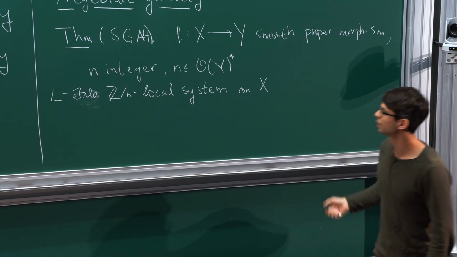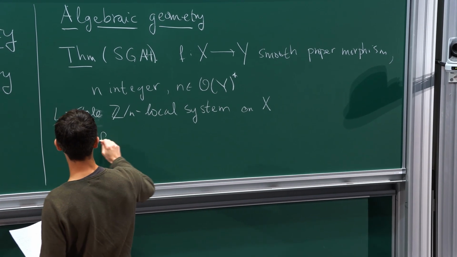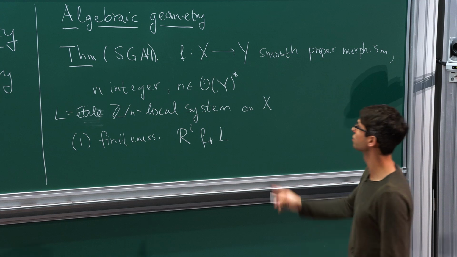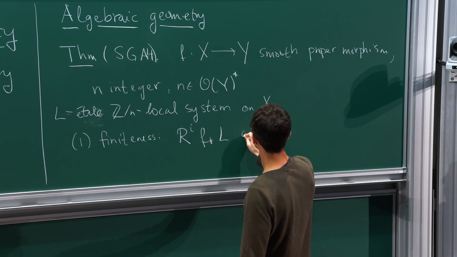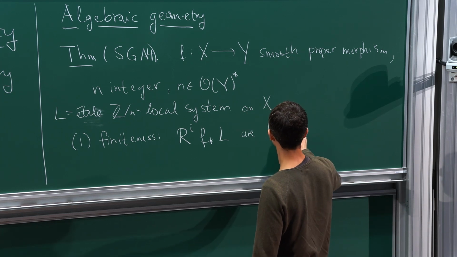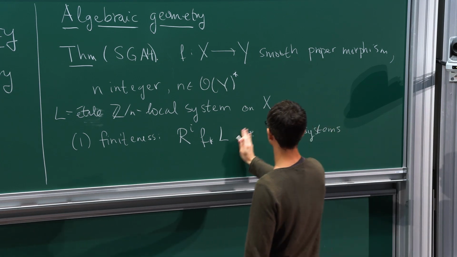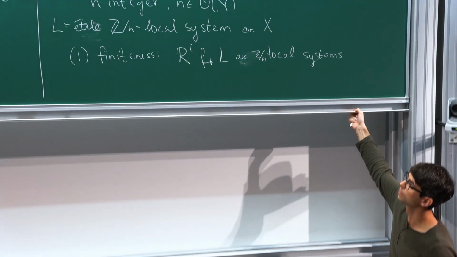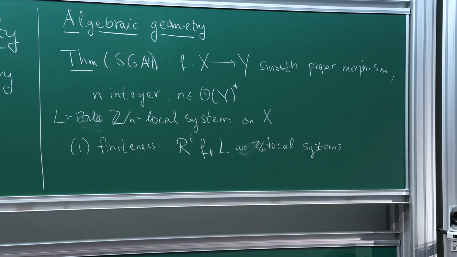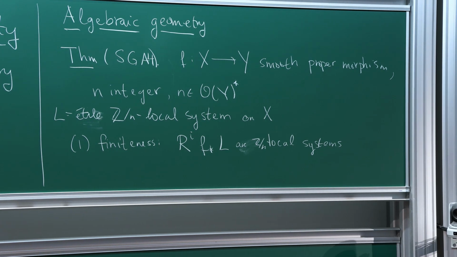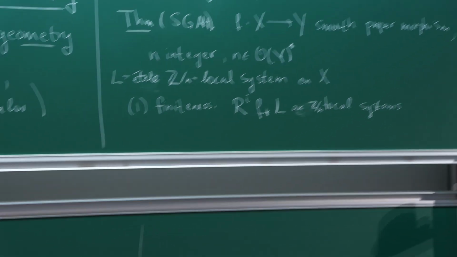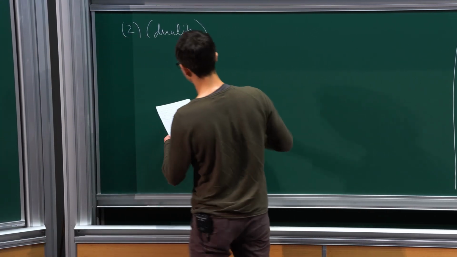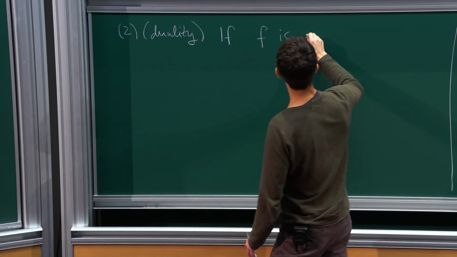So the first one is a sort of finiteness theorem. It says that the higher direct images of the local system along the morphism are again local systems. And this essentially follows from smooth and proper base change. And then the second statement that one can make is that these higher direct images satisfy Poincaré duality. In this generality, it is more convenient to work with the derived push forwards. So if f is of equidimension d,